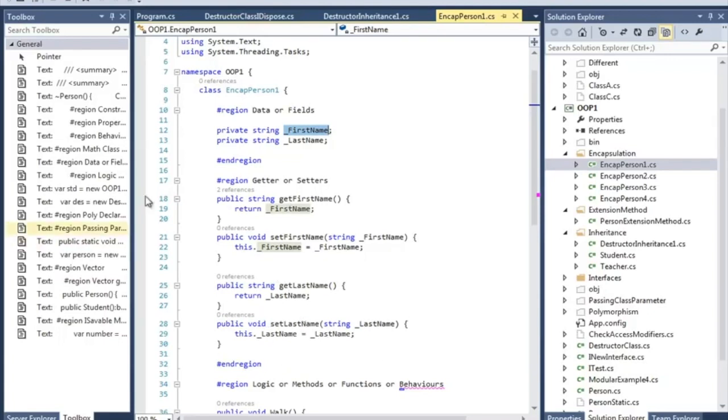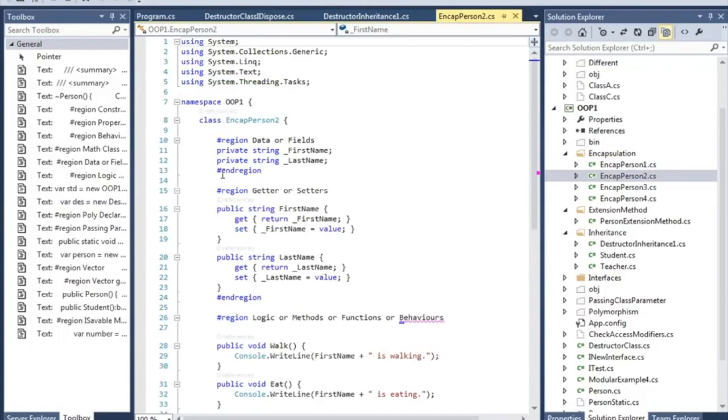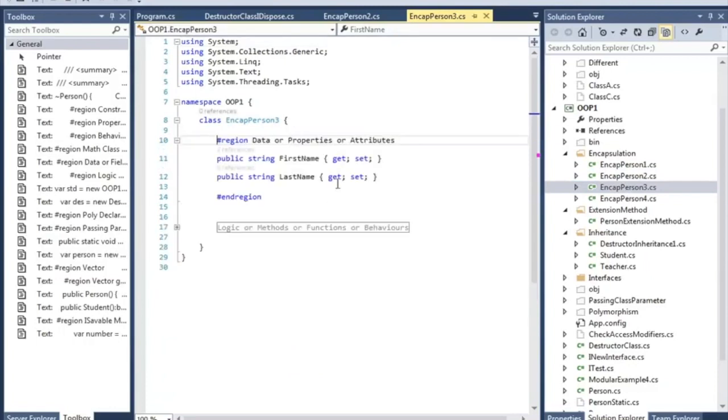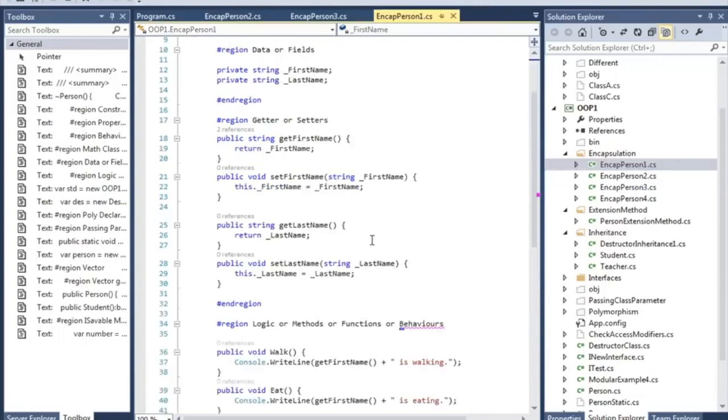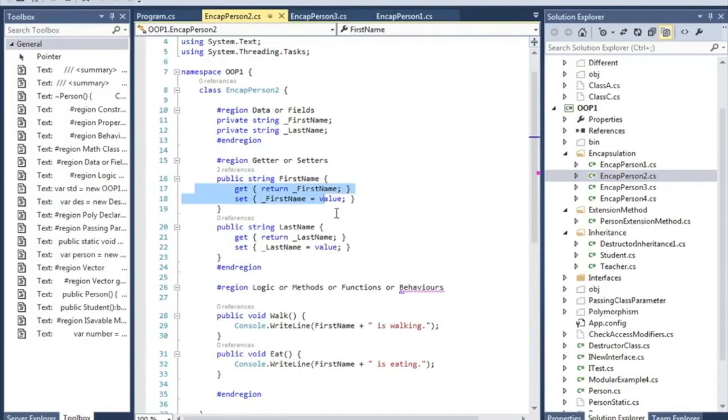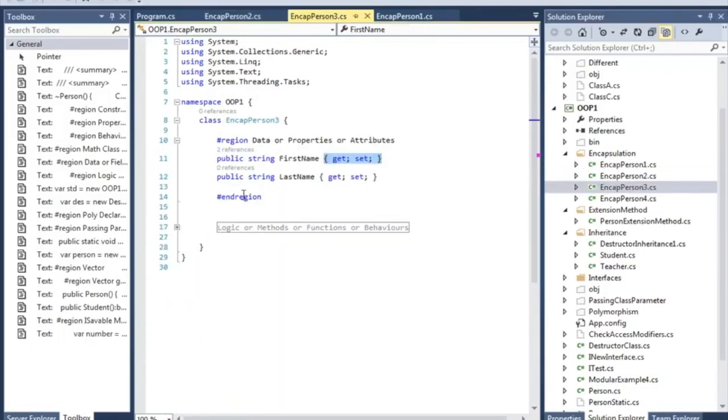To make it better, we're going to move on to the C# way. This is the C# way. You can write the get and set. If it is just get and set, what you can do is just write like this. That's it. As you can see, we upgraded our code step by step. First we did it in the regular programming style. Second, we did it in the C# style, and then we moved on to the implicit style, where we're not defining the code.